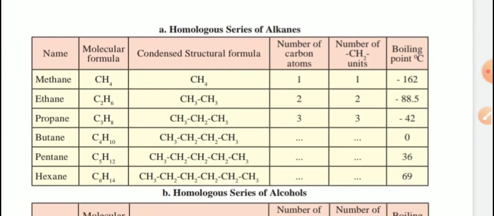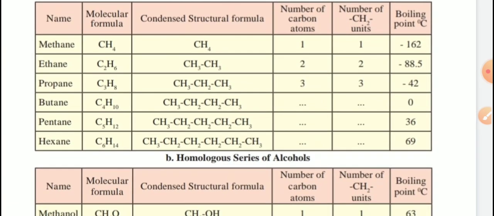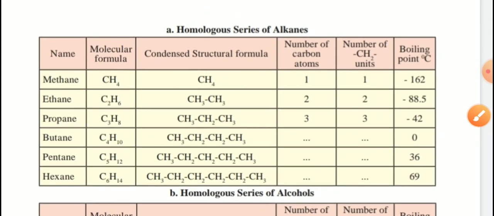Wherever the blank spaces are there, you count the number of carbon atoms. Here three are given. So first one is methane, two carbon ethane, three carbon propane, four means butane. So four carbon atoms, so the answer is 4 here. Clear? And what is next? Number of CH2 groups. How many CH2 groups? One hydrogen at the last we are attaching like this, then CH2, CH2, CH2, CH2. So four are there. Next, pentane means 5 and 5 CH2 groups. Hexane means 6 carbon atoms and 6 CH2 groups. Even boiling points are also given in the last column. You check that. Homologous series of alkane is over.